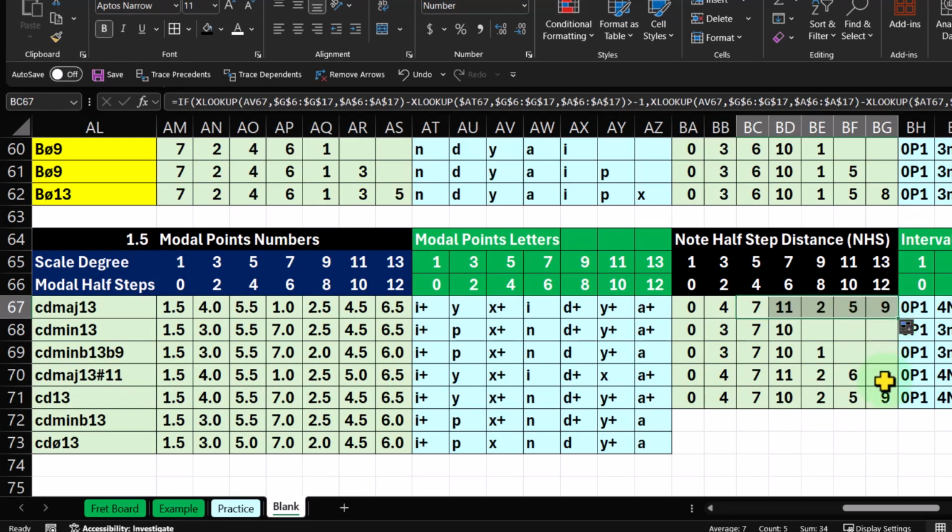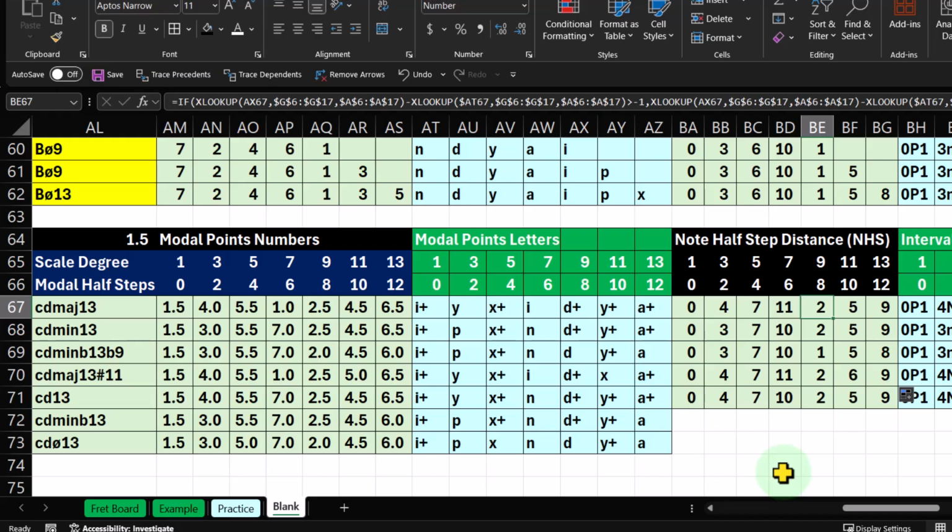So it should then go to, I think it does. So I'm going to copy these across this way. And okay, then copy this one across. So now we've got, it should be 0, and then the second modal half step or 3rd scale degree is 4 notes away. The 5th modal half step is 7 notes away, and then the 6th modal half step or 7th scale degree for a major is 11 note half steps away,